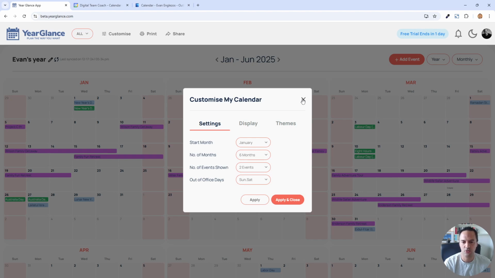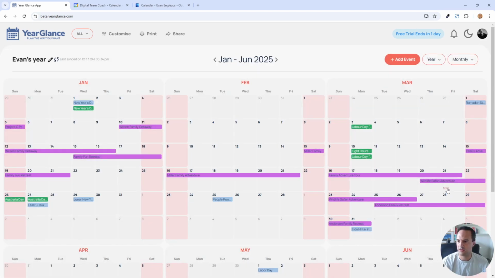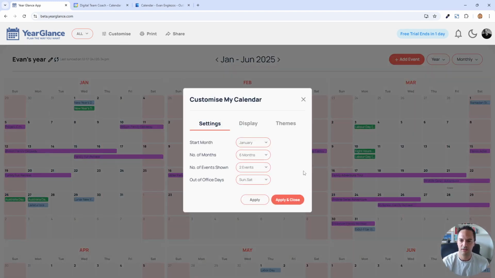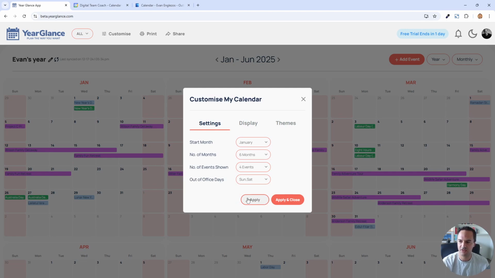This is a good little feature to make sure things don't get too out of hand in terms of how much you can see at once. Here you can see on March the 21st, there are actually 3 events on that particular day. But we've tried to keep things a bit more compact, so we're showing only 2 events. However, if we made it 3 or 4 and hit apply, all the cells will change size. The cells are a little bit taller now, and we can see that Harmony Day has actually been applied there.